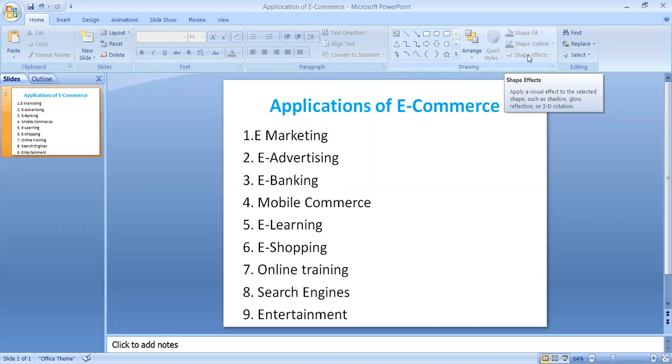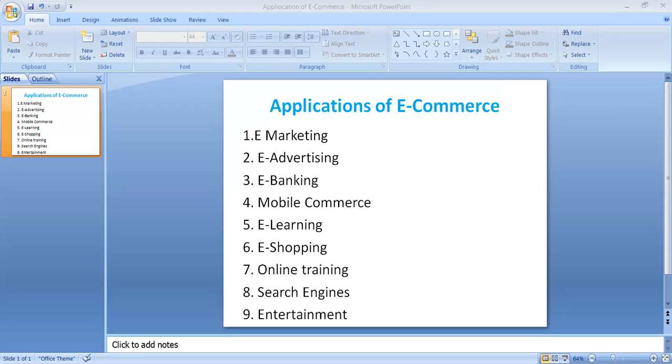In today's class, we try to explain the applications of e-commerce, how e-commerce is used, or where exactly e-commerce is used. Well, my dear students, globally, e-commerce is applied in the field of